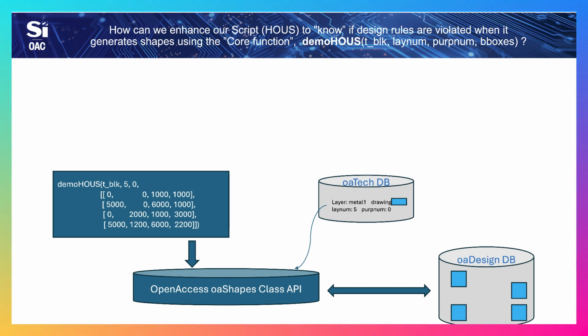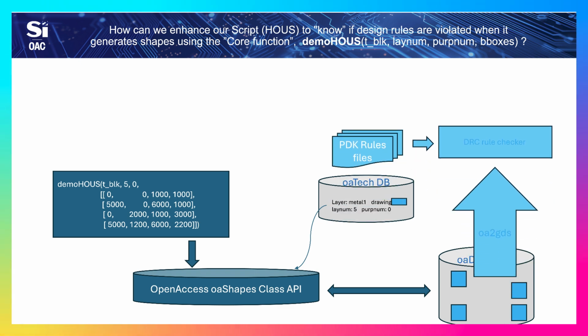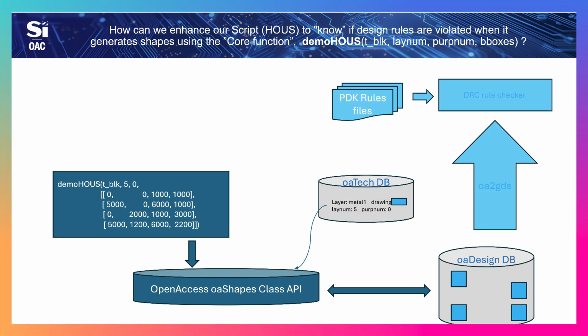As the basis for today's demo, we'll ask the question: how can we enhance our script to know if design rules are violated when it generates shapes using the core function demo HOUS? Now, the old school ways to determine rule checking are, number one, you could go out and buy a DRC checker, using an OA to GDS and then writing a rule deck and having the whole thing get processed, which could be quite expensive. A second way would be to write our own rule checking code and embed it into our demo